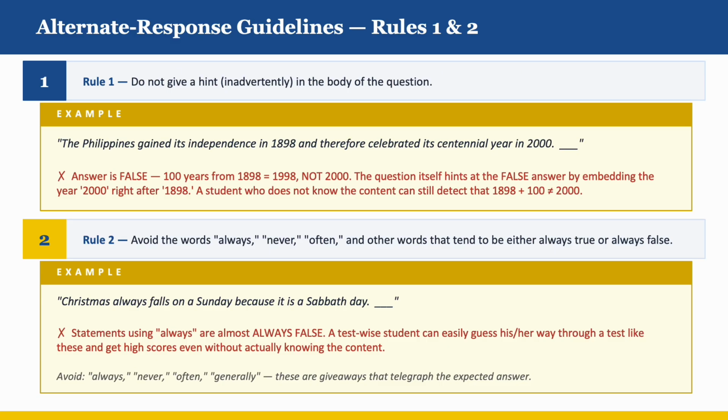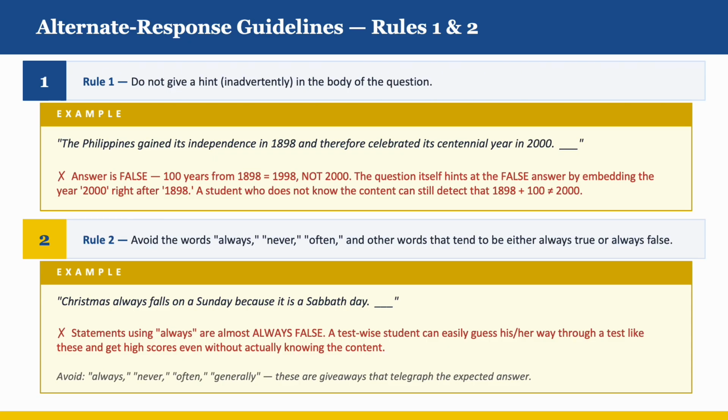So, rule number 2, avoid absolute words like always, never, often, and similar terms. So here's the example. Christmas always falls on Sunday because it is a Sabbath day. So the answer is false. But here's the giveaway. The word always, as a general rule in test taking, statements using the word always are